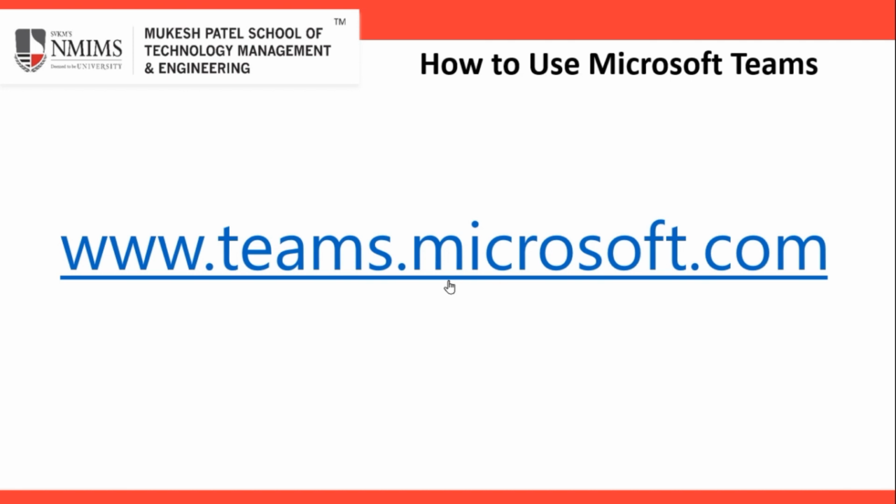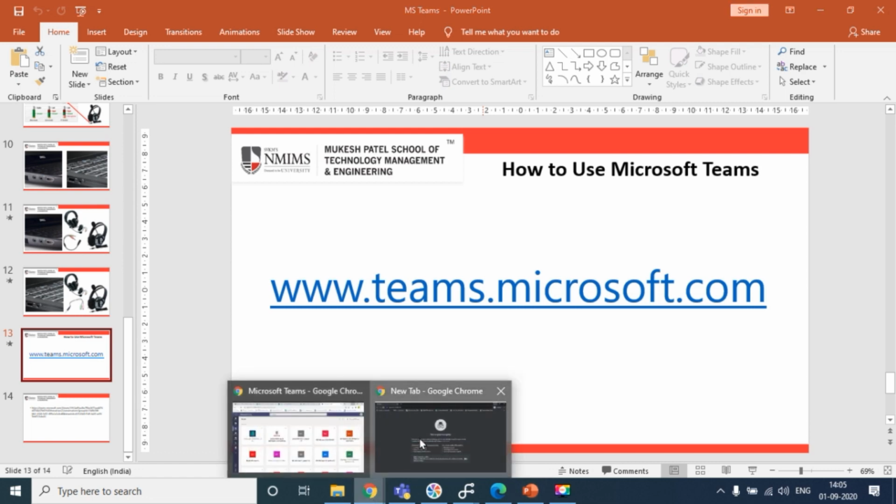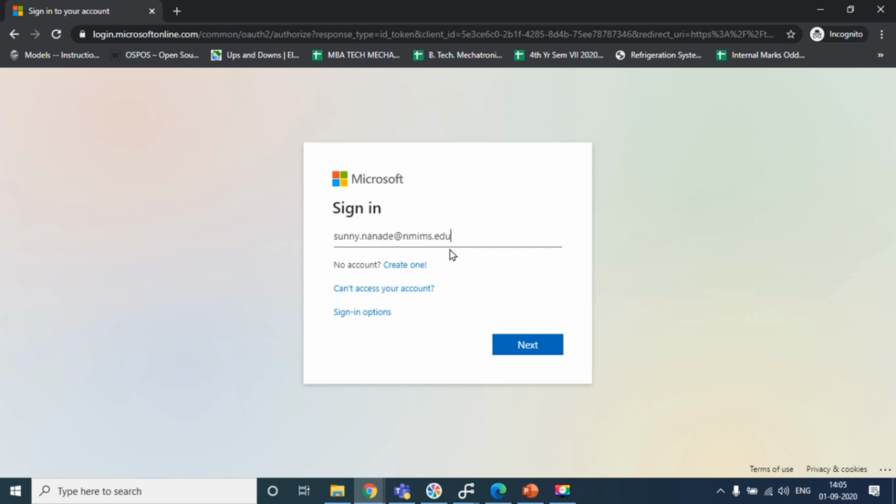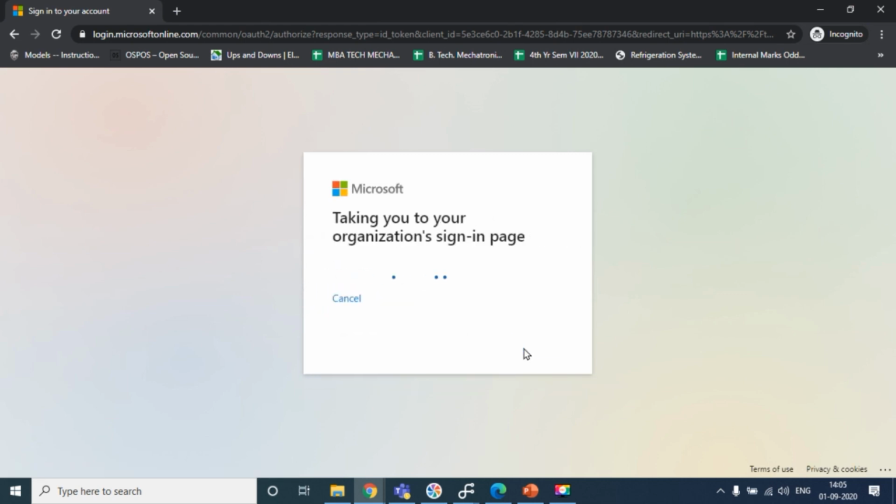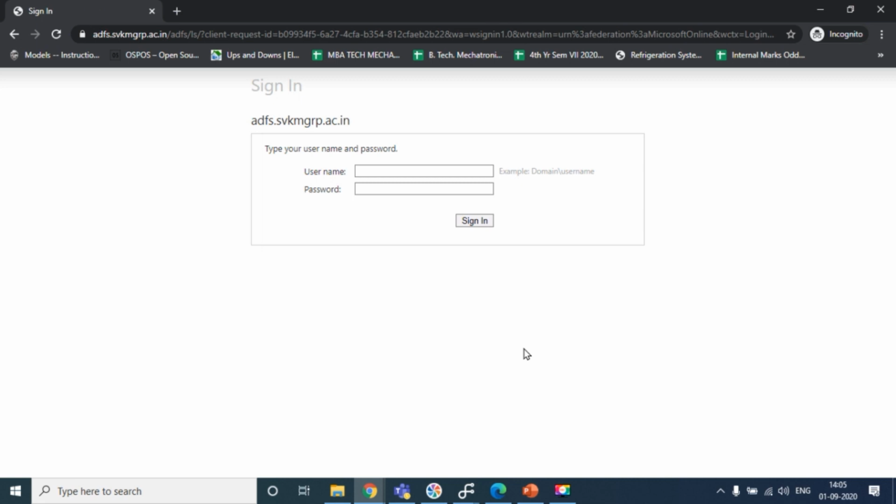A student will now have to go to this particular website, teams.microsoft.com. This is what you would be doing as soon as you get your respective email ID. As soon as you open the website, it will ask for the credentials, so put in your email ID. Since you would be entering the details for the first time, it might not be asking you